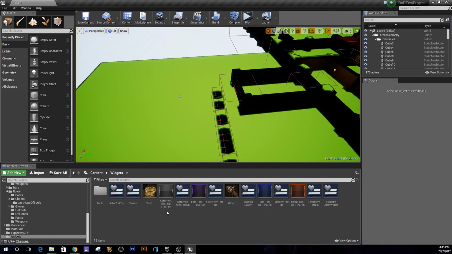And as far as getting going and setting up widget stuff, don't worry about preparing the widgets right now, because there are a lot, and I'm gonna do a whole video on just setting up the widgets, because there's a loading screen widget which I set up, which you don't need. The loot generation ones are basically going to be the actor tooltip here, the canvas, the common item tooltip, the elite item tooltip, the rare and the royal tooltips, and then the treasure chest widget. So there's like 5 or 6 widgets that you actually need in order to make it work similar to the way mine is, where there's 4 different